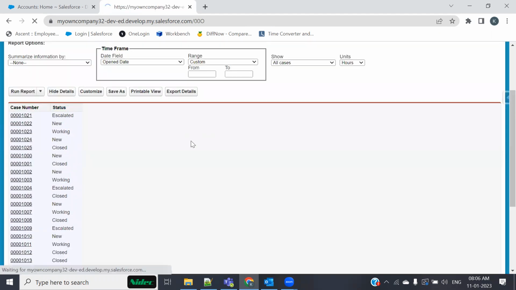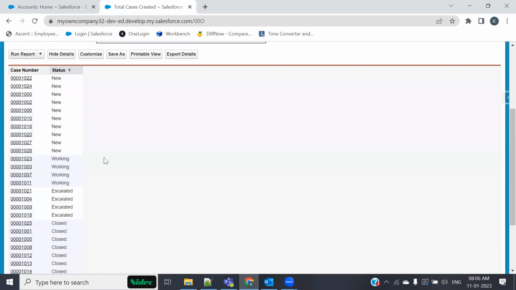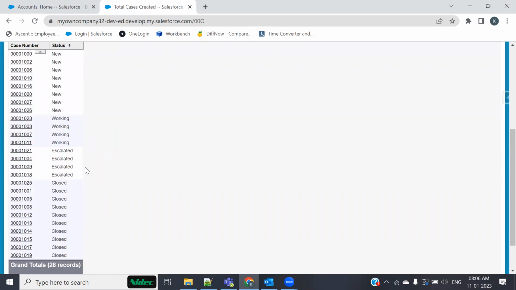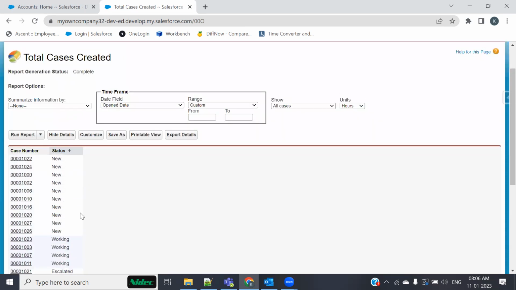Now see, in 28 records, some of the cases are new cases, those having a status as new. Some of them are working, some of them are escalated, and some of them are closed. Now see, one possibility to see this in separate groups would be to create a summary report.